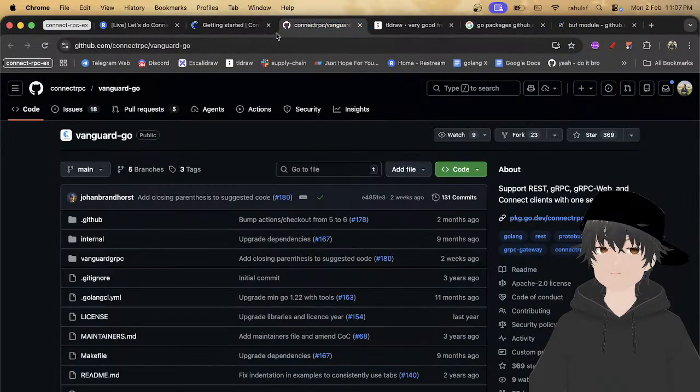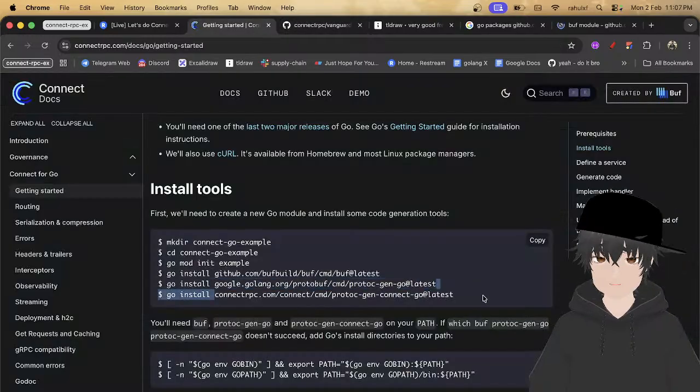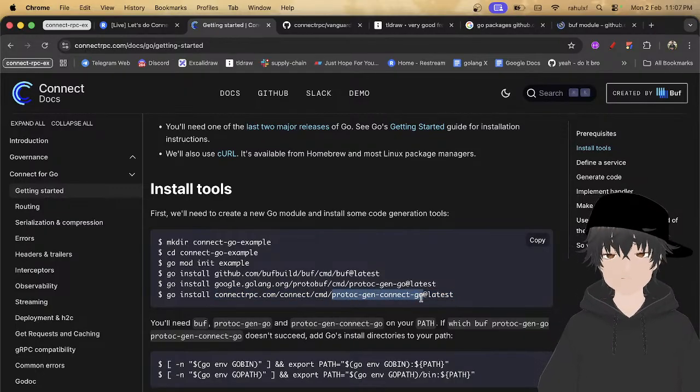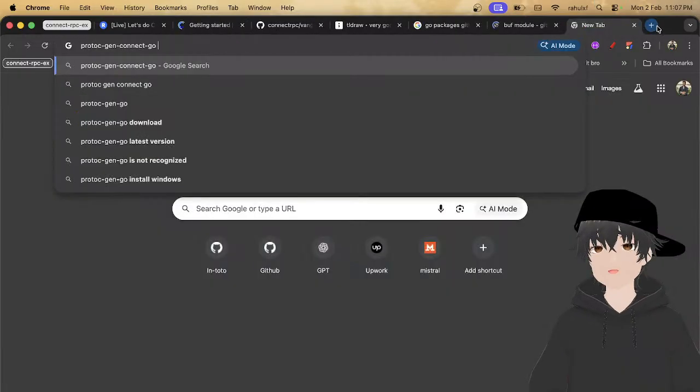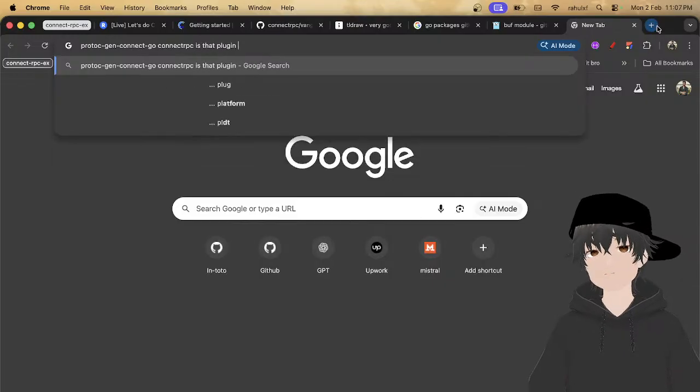We'll read this in a minute, and then this one is around protobuf, and this one is around Connect RPC, connect and protoc. So this one is a bit of a plugin. If you see, this one is that plugin.